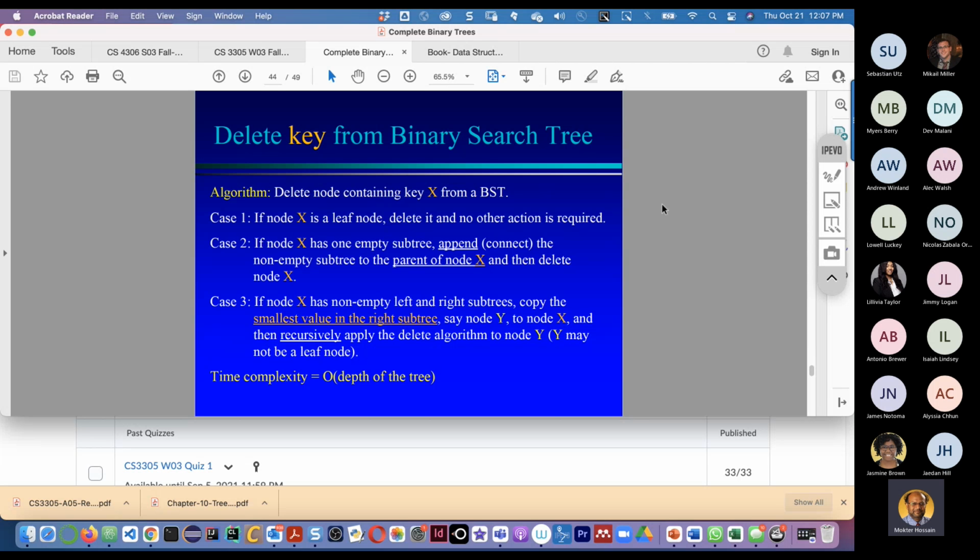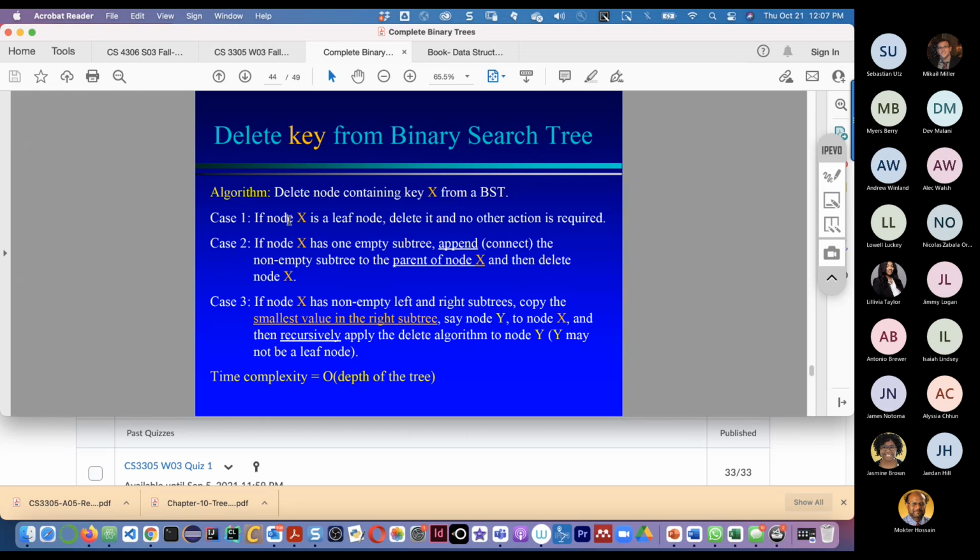Deletion operation is a little bit complicated. One more thing is that we do not actually delete an element. We just unlink or relink a value. There are two ways to delete. For instance, delete the node containing x, where x is what we want to delete from a BST.